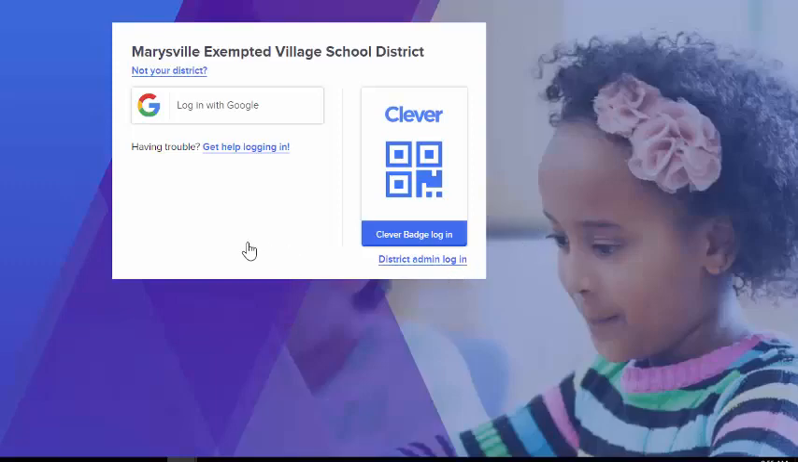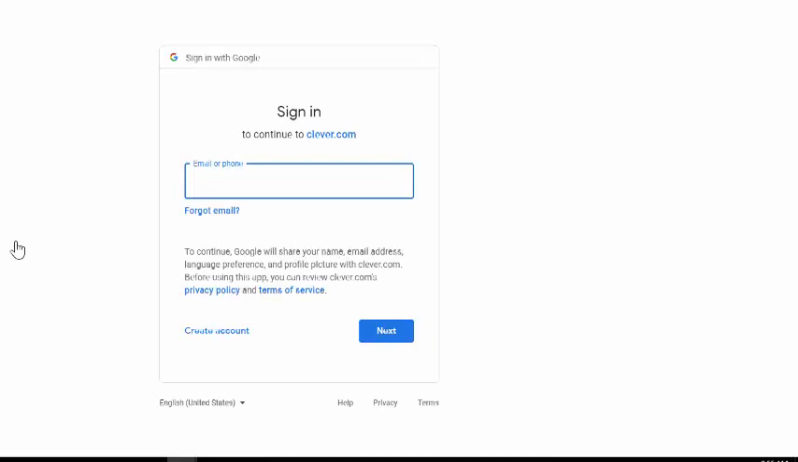You click on Clever. We're going to be using your child's Google account in order to log into Clever, so we click Login with Google. We're going to type your child's Google credentials in here, and your child's username is going to be the first letter, the first initial of their